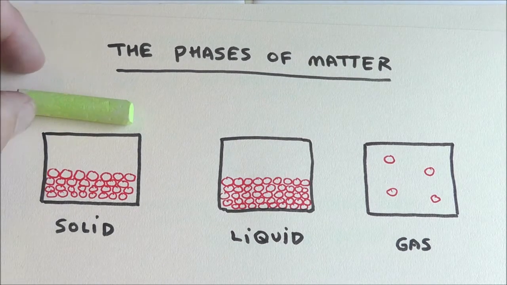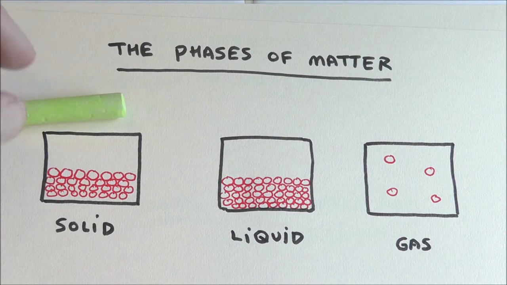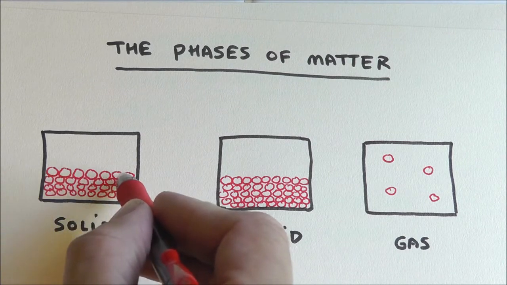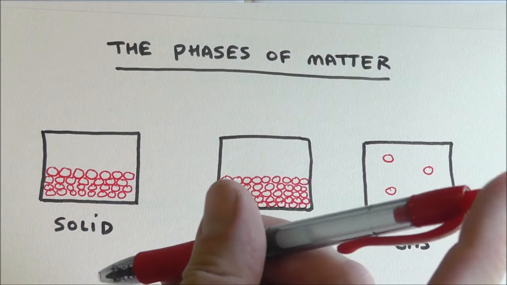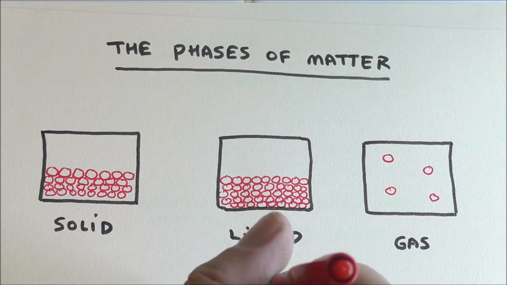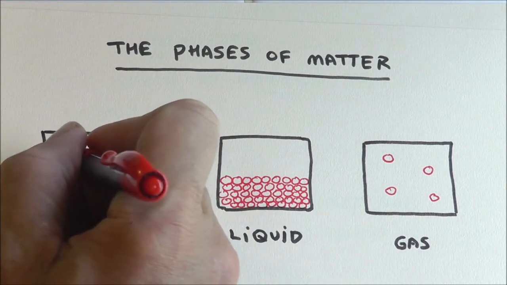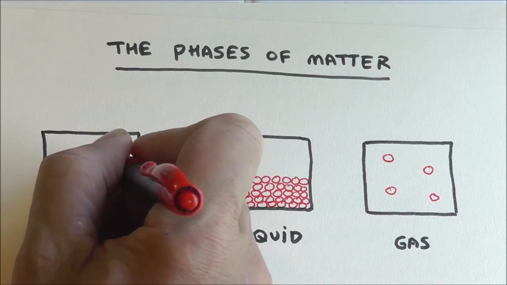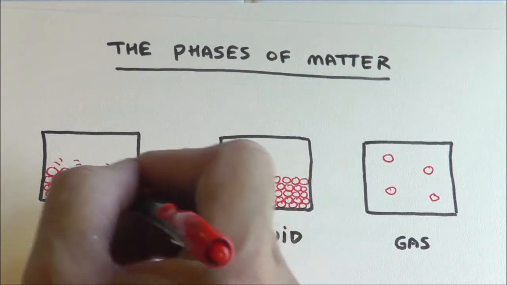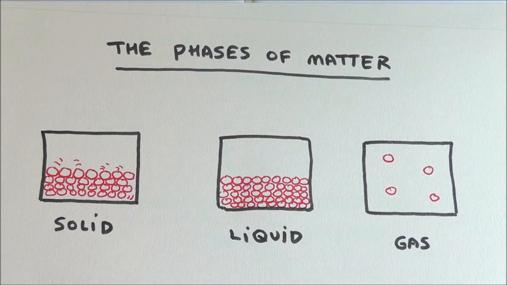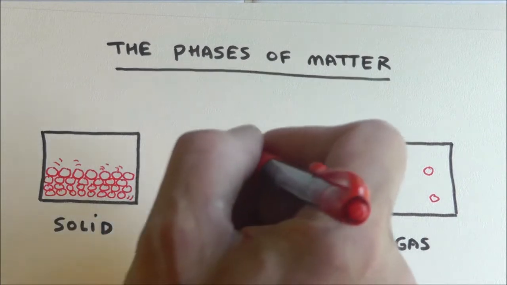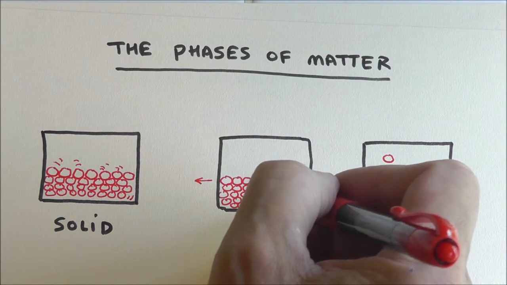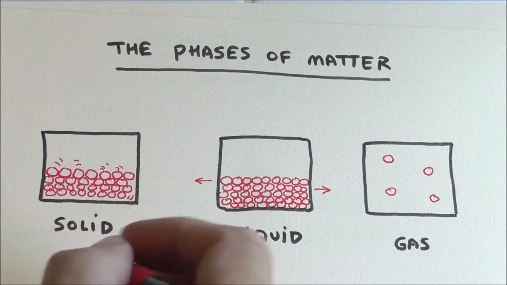So I could take like this piece of chalk, and why is it a piece of chalk that's solid? Well, what's going on at the molecular level is the atoms or molecules are locked into place. Does that mean they're not moving? No, they're moving. They're rattling around. Those are the rattle marks. All right, so they're just kind of vibrating. But they can't slide along each other. That's what liquids do. Liquids are able to have layers of them slide along each other, and therefore that's why solids are kind of locked into place.